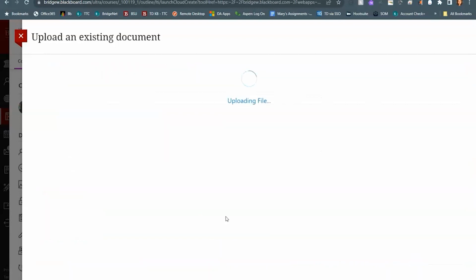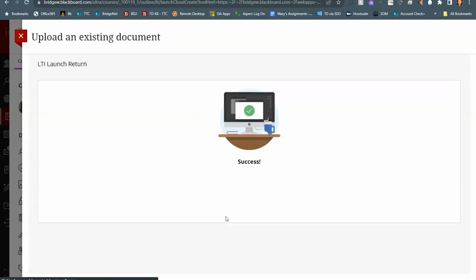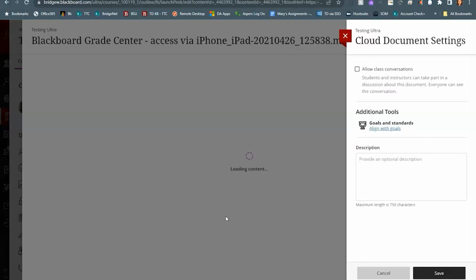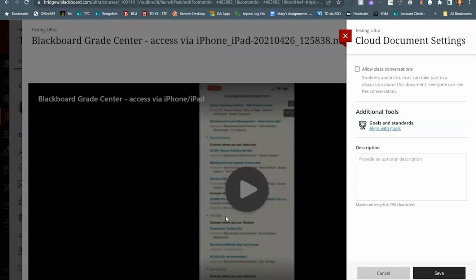What this is doing is creating a SharePoint site behind the scene just for your Blackboard course. So anybody that is enrolled in the course and accesses these videos from inside your Blackboard Ultra course site would get permissions to view these videos. They are living in SharePoint, so they are not inside Blackboard, and thus they're able to be streamed without downloading them directly to a student's computer.